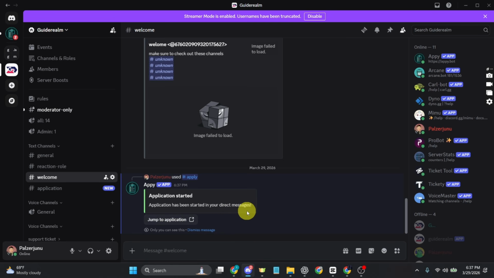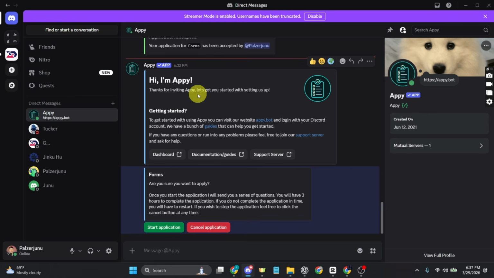So basically, when the applicant clicks on jump to application, they will land in this interface and they will start the application from here. Or they can also cancel the application. In my case, I'm just going to demonstrate what happens. So after the applicant clicks on start application,